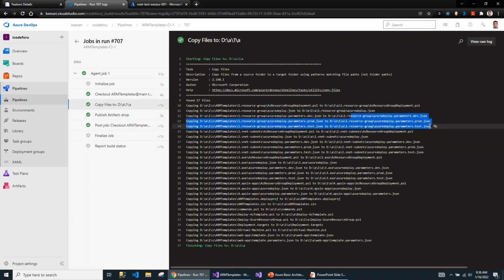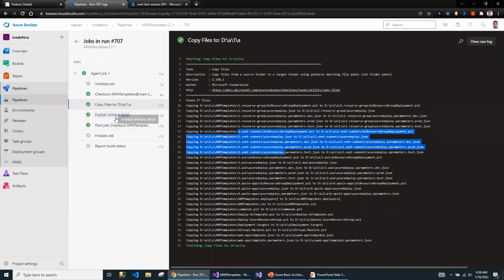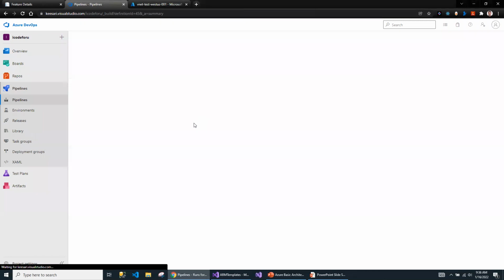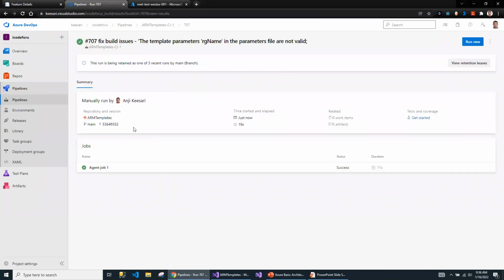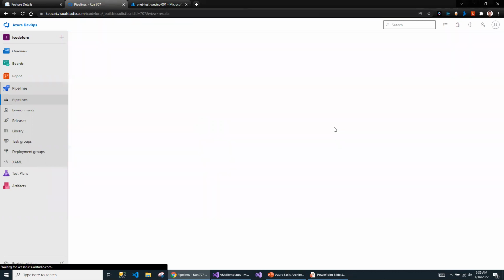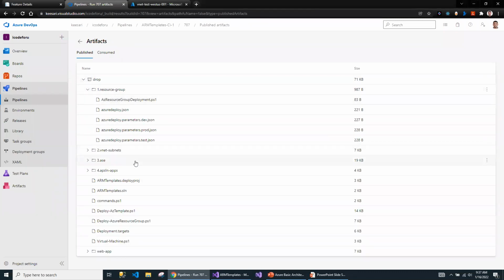This is the resource file for each environment and the same thing. So it is exactly copying this folder structure here. Those are my files. And then there are 27 files stored in the draft folder as part of this one. So just to see what is inside the file, you can click on the build pipeline, and then you click on this link, published artifacts under the draft folder. So the folders are created along with the files exactly the way I created in the Visual Studio.